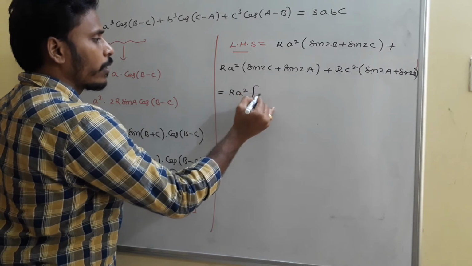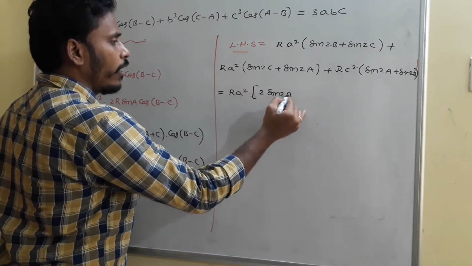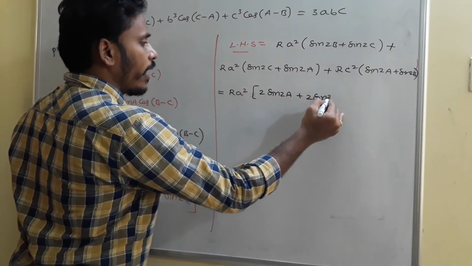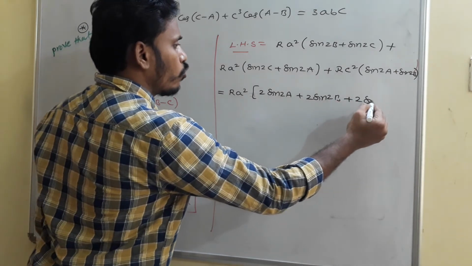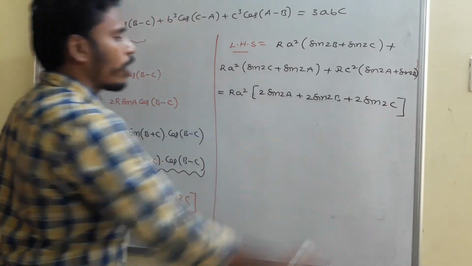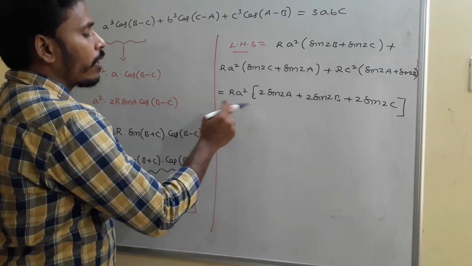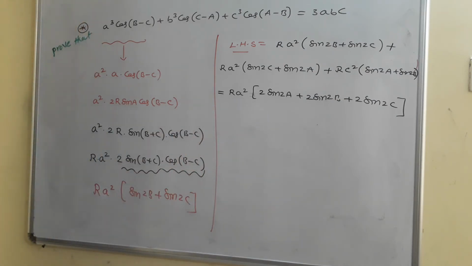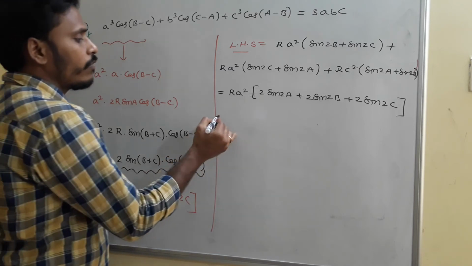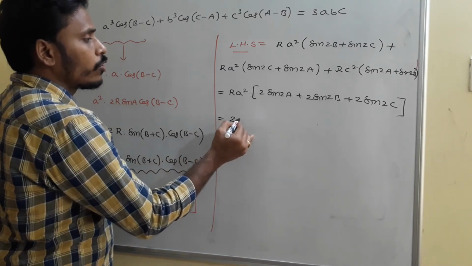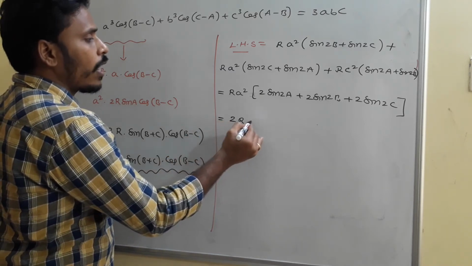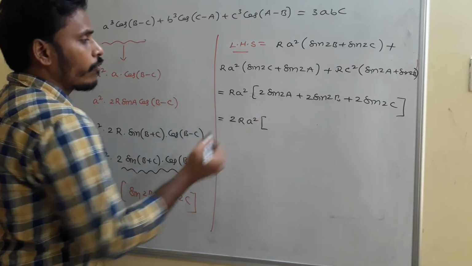Your choice: 2 sine 2A plus 2 sine 2B plus 2 sine 2C. And next, what we need to do? r into 2 sine 2A, 2 sine 2B, 2 sine 2C, we will write that 2 out. So 2r of,